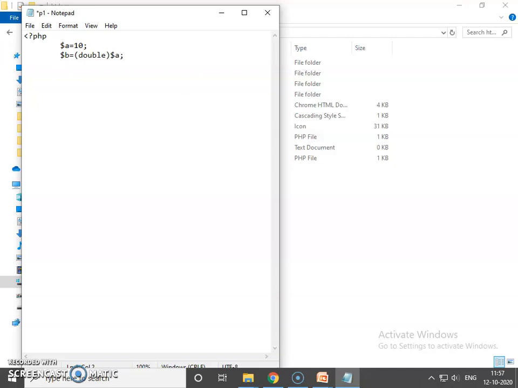Now echo gettype of $a. So gettype of $a will retrieve the data type of the variable. $a is equal to 10, so it will return integer. We are using the br tag.